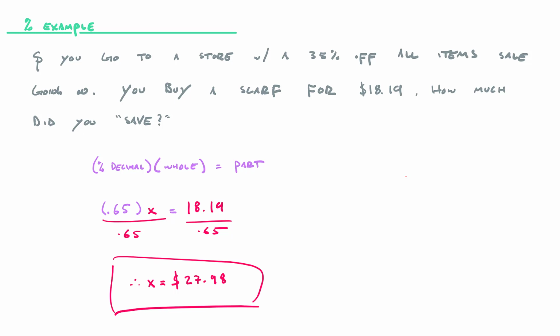So if you want to figure out how much we saved, you're going to take $27.98 and subtract away $18.19, and essentially figure out what that is. So we're going to have to do some borrowing here. This is an 8. This is now 18. So this can be 9. So this is 7. Drop the decimal. Steal one from here. 17 minus 8 is 9. And so we saved